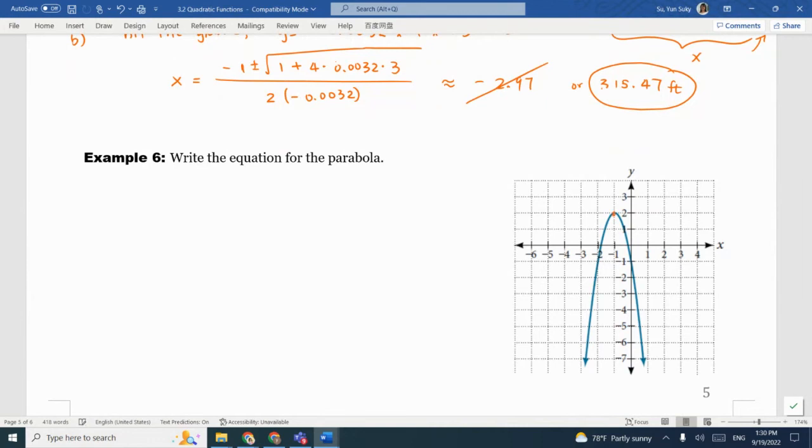Okay, let's find the vertex. Where is the vertex? Yeah, negative 1, 2. Can you also give me a point on the parabola? Yeah, negative 2, negative 1. Okay, so this information hopefully can help us to figure out the equation. So, do we use the general form or the standard form if we know the vertex? The standard form, yes. So we have y equals a times